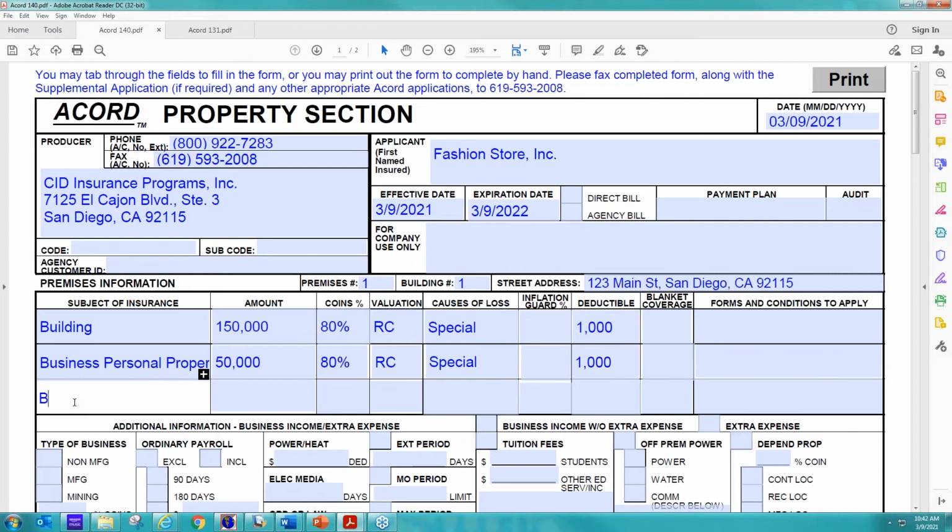And then we're also going to give them business income. Some people will leave this blank or put ALS, which stands for actual loss sustained, their total losses. So we're going to actually give them a specific amount. So we need a specific amount for business income. Regardless if the carrier will offer them ALS or not, we still need a number because we still have to put something in. So I'm going to give them $100,000